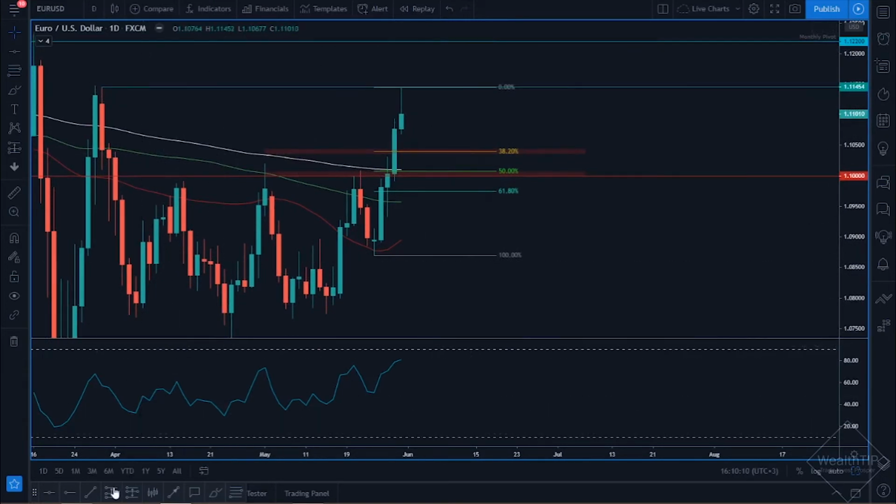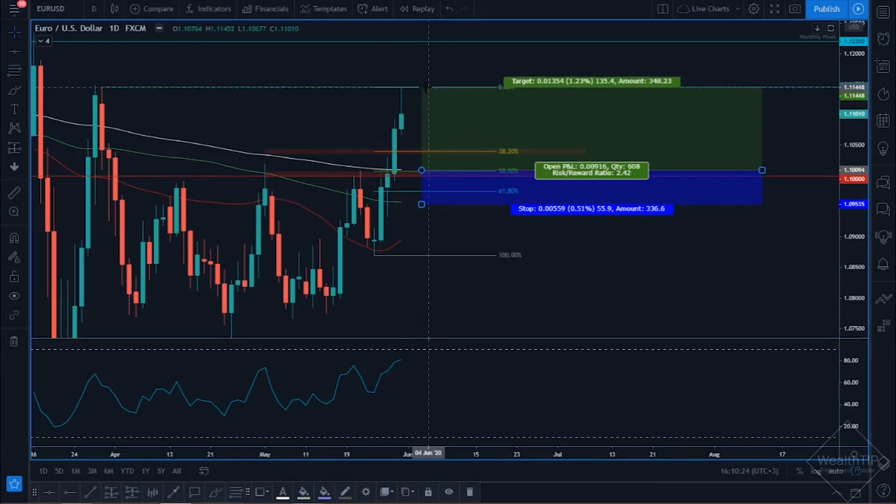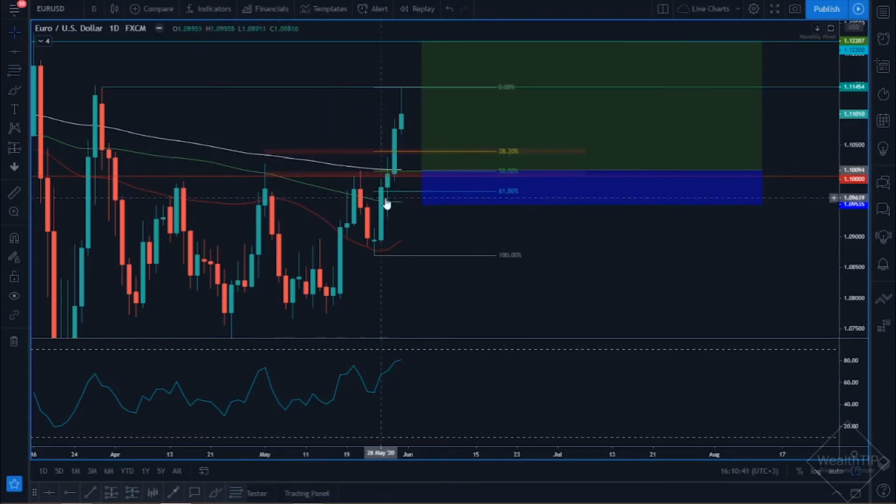Now, if we were to look at how much return that could be, and just putting in our stop losses over here. So let's say we have a 55 pip stop, just for the sake of the example, our first target could ultimately be all the way up over here, which would be a 2.42% return. And if we were to run it all the way up to the monthly pivot, that is a 3.78% return. Beautiful, beautiful run. And no matter how you look at it, your stop loss is protected by the 61.8% fib retracement as well as this moving average over here.